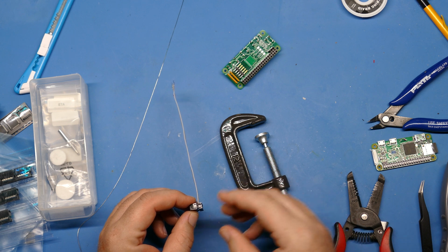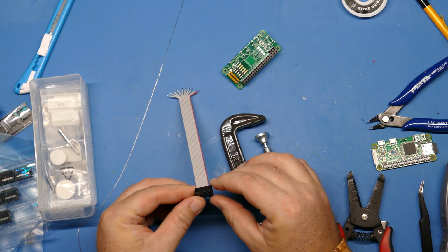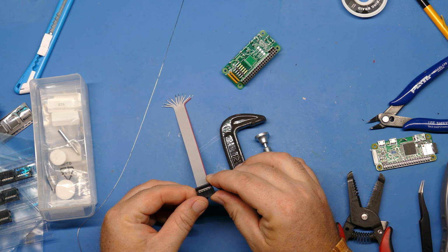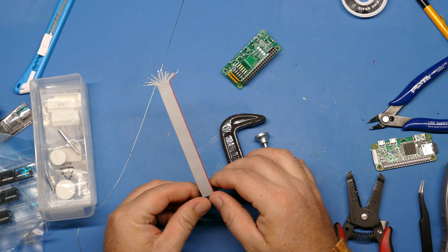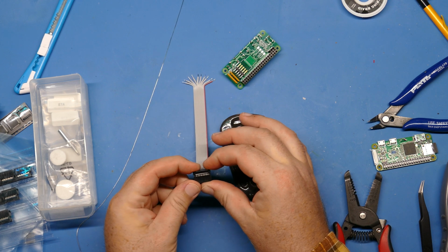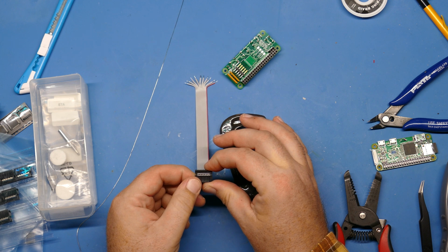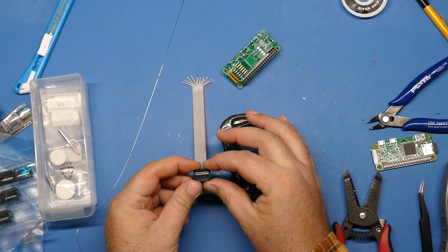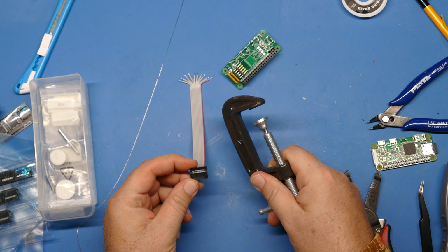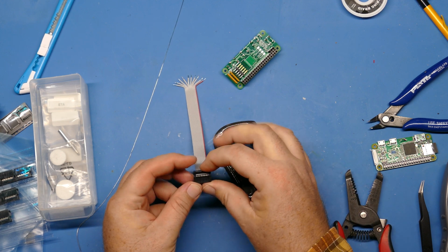I was making a cable with this type of ribbon cable for a floppy drive connection, and I was having a really hard time getting this press fit connection to work. Some of the suggestions that people made in the comments were to either use a vise or use a clamp. So I've got a clamp here, and I'm going to see if I can get this to press down